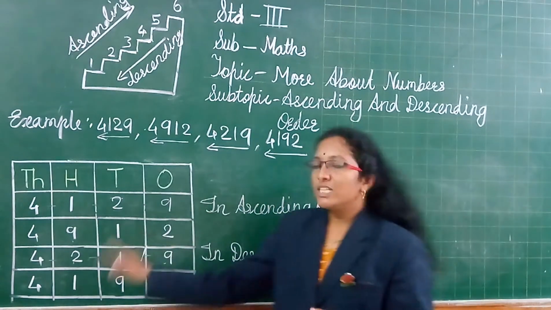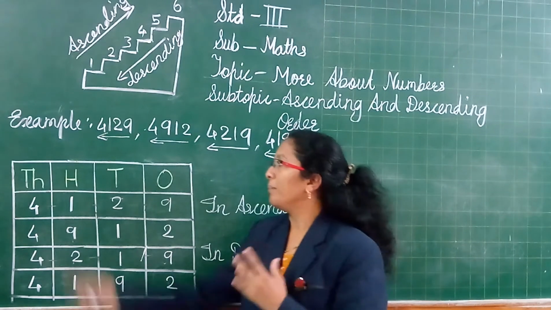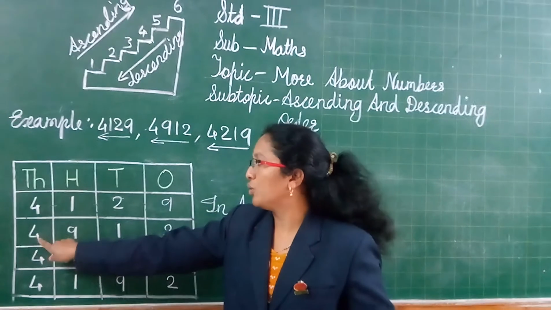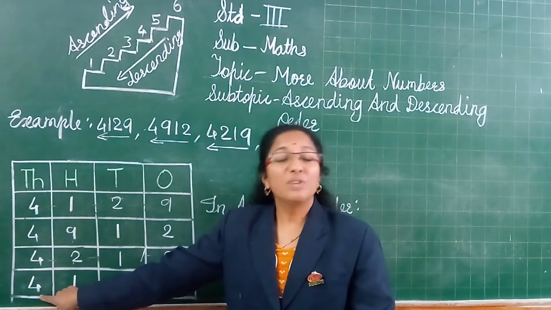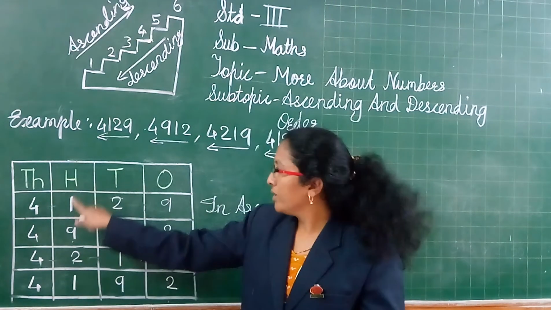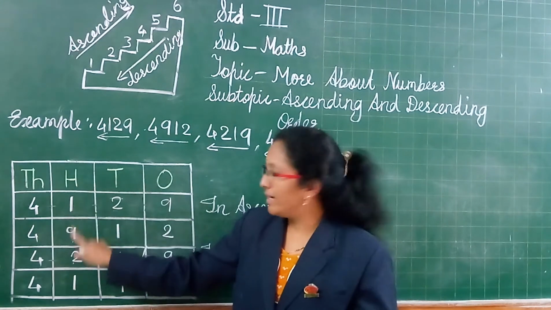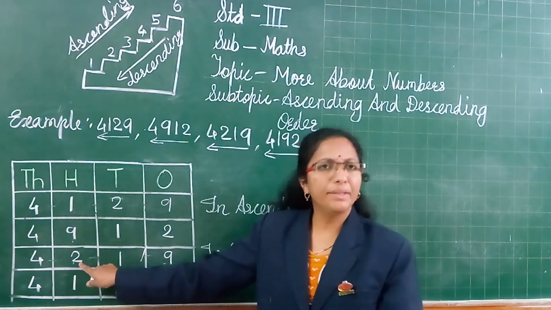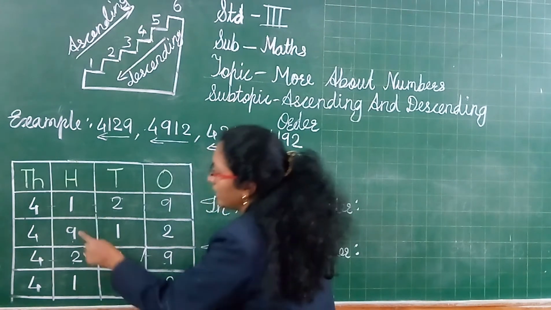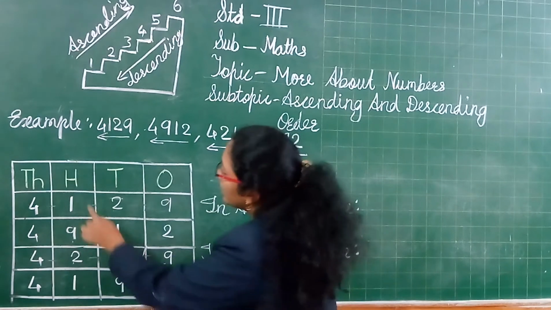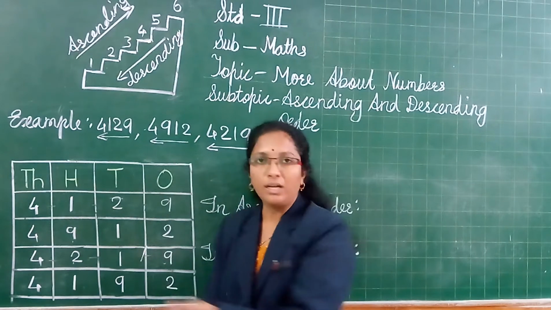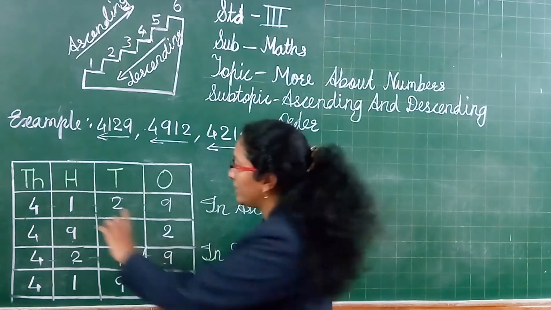To find the smallest number, first what will we do? We compare the thousands place. See here, all the numbers have the same thousands place. 4,000, 4,000, 4,000, 4,000. So we should compare the next place, that is the hundreds place. See here. In the first number there is 100, second number 900. Then 200 and 100. Again 100 is smaller than 900 and 200. So in these two numbers, the 100 and 100 is the same. That means we compare the next place to find the smallest number from these two numbers.